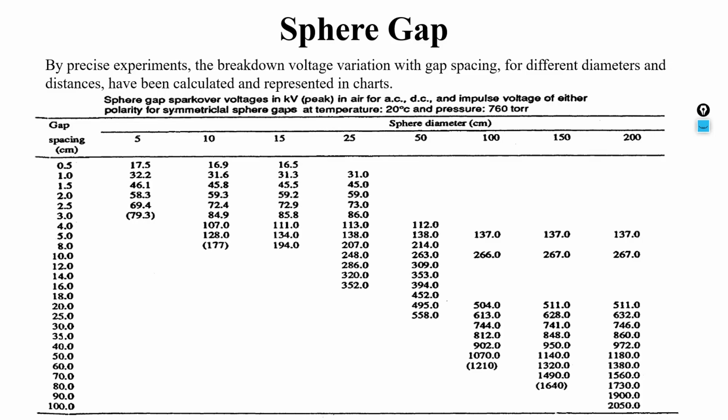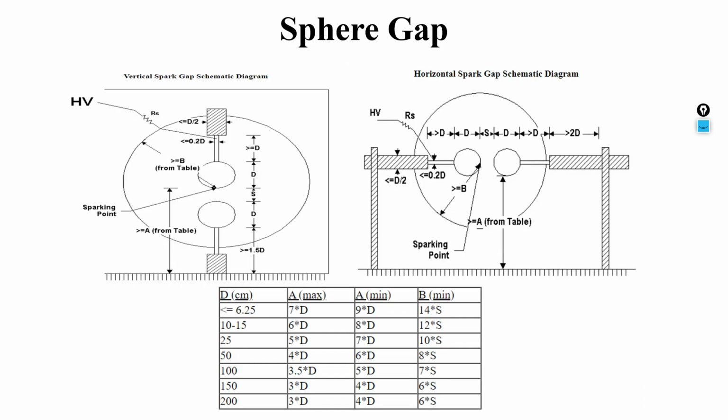Using this chart, we can do the measurement of high voltages with the help of a sphere gap. For measurement of high voltages with the help of the sphere gap, what we have to do? We have to initially keep the spacing between the two spheres maximum. Then we have to connect the high voltage electrode to the terminal at which we want to measure the high voltage, and the lower electrode is grounded for a vertical type of arrangement.